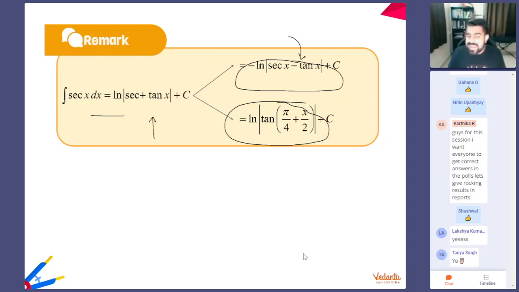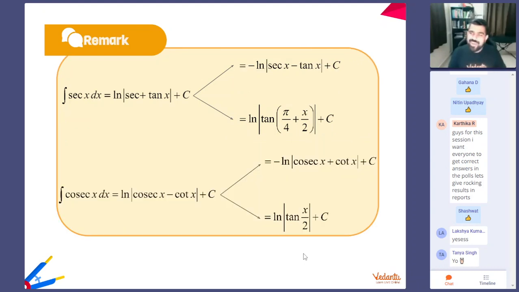How? Because guys, you know that secant x plus tan x is equal to 1 by secant x minus tan x. That's a property of trigonometric functions, right? Trigonometric identity, basically. So using that, it simplifies like this. And how did this come? By writing it as sine and cos and simplifying it, you will get tan of pi by 4 plus x by 2. So all these manipulations are possible. I'm just giving it to you because some of you might see them in textbooks and you might get confused.